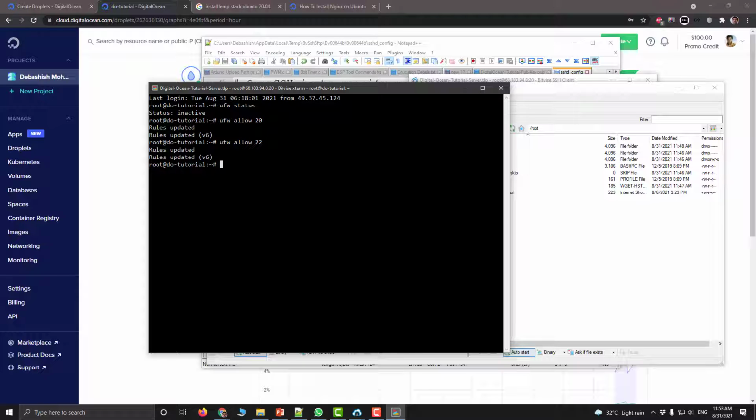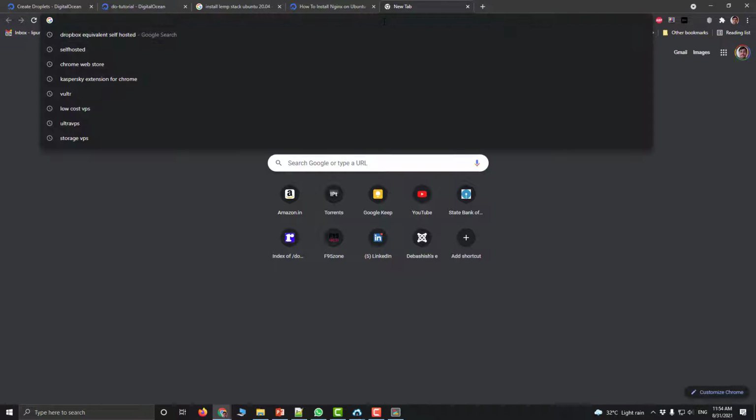also configure, depending on what you are going to host. For example, let's say we want to host a web server, so that uses port number 80 for HTTP protocol, and HTTPS is on 443. So you have to allow them. Now you can either directly write UFW allow 80 and similarly 443, or you can write UFW allow nginx HTTP. Anyway, those things will be mentioned in any tutorial that you follow later on. So for now I have allowed these 4 protocols, and if I want to block the rest, there is a command, so you can just Google it.